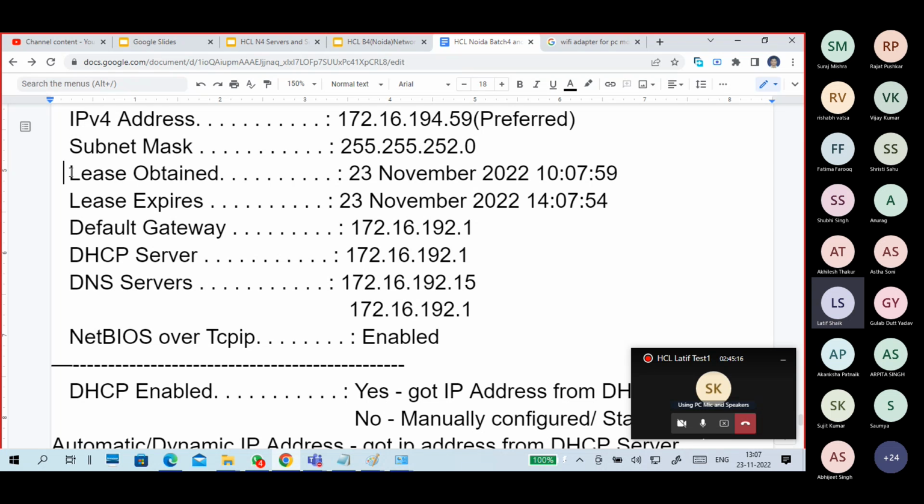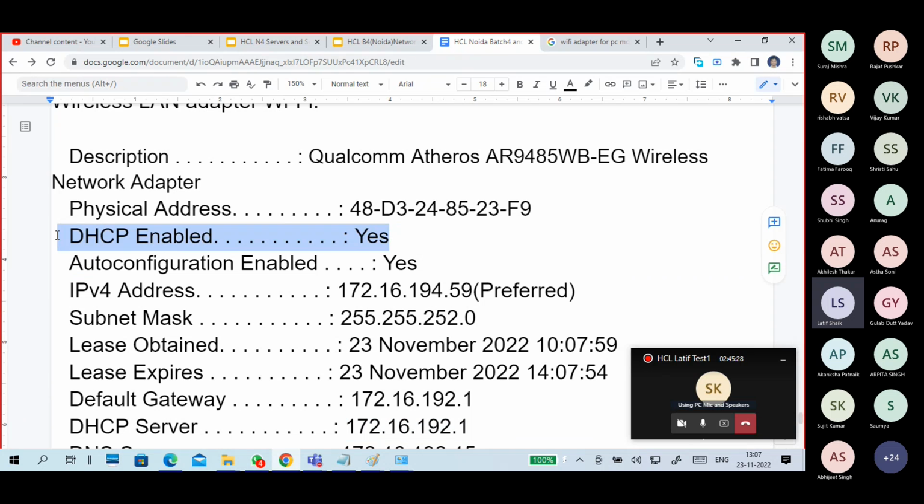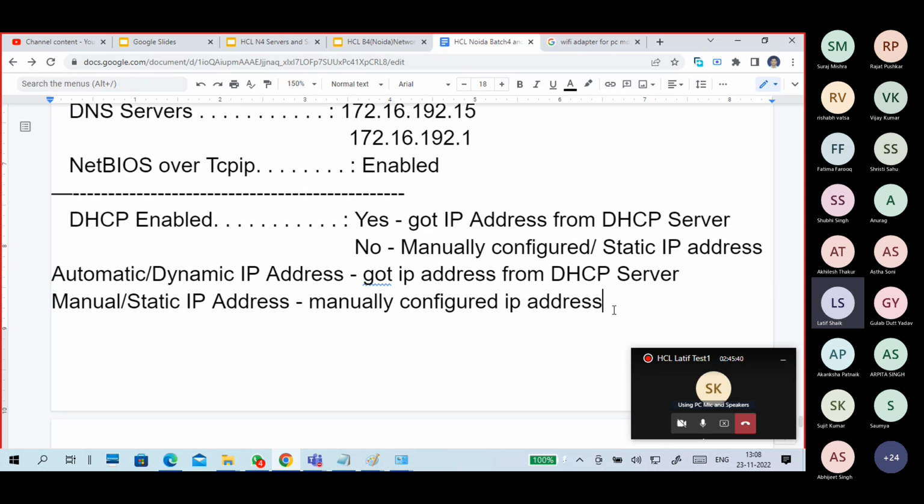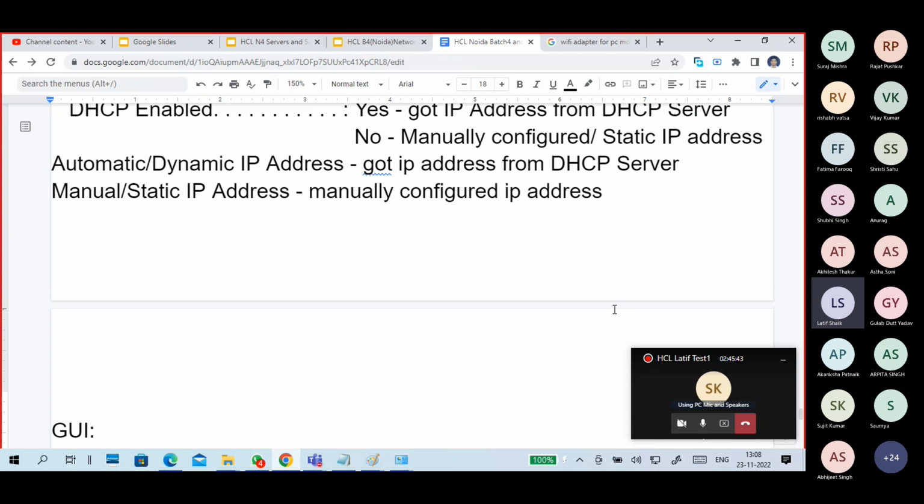Guys, if you are seeing lease obtained and lease expiry, and also you are seeing DHCP server address and DHCP enabled yes, it is a perfect example that you got an IP address from a DHCP server. Your point is our Wi-Fi router at home. In our home, we have a Wi-Fi router, right? Our Wi-Fi router acts like a